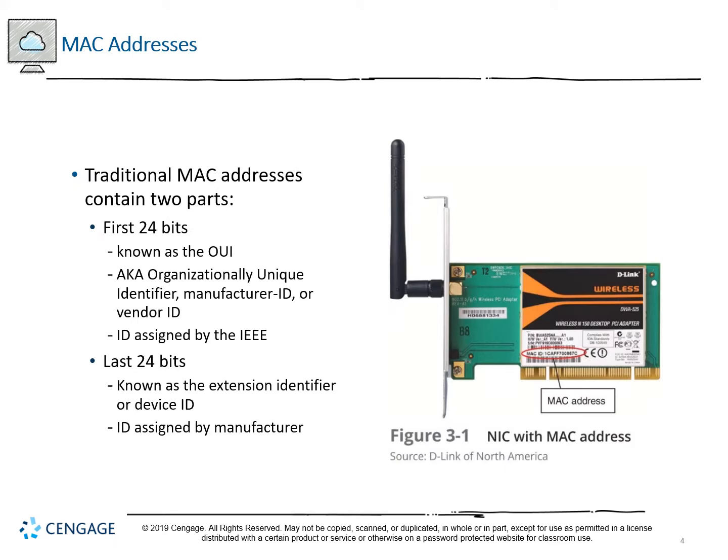So the MAC address is 48 bits long, as we discussed, and it's traditionally broken into 2 parts. The first 24 bits contain what's called the OUI, or Organizationally Unique Identifier. This is also sometimes called the vendor ID. This is an ID assigned by the IEEE, the International Electronics and Electrical Engineers,